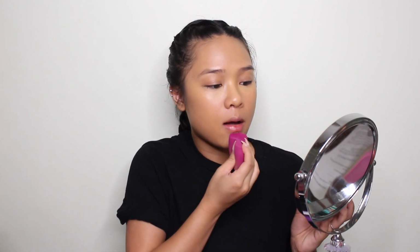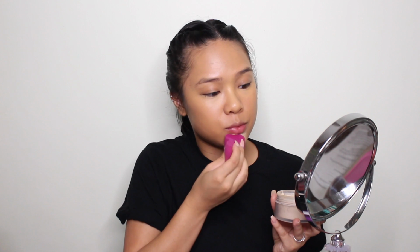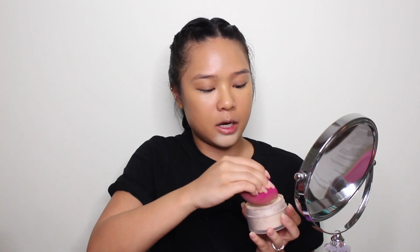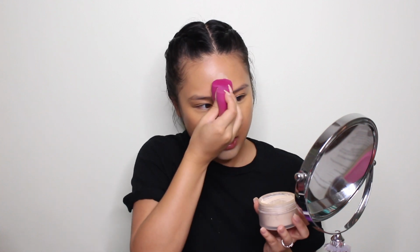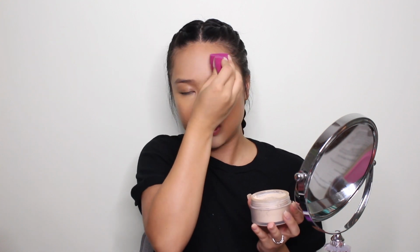So of course, I'm going in with my Laura Mercier translucent setting powder, and we're just going to basically powder the entire face, just because I get very sweaty and oily whenever I go to theme parks, and this powder is just really gonna help my makeup stay on. So of course I'm targeting my T-zone because that's where I get the oiliest. So I'm just setting down a thin layer of powder first